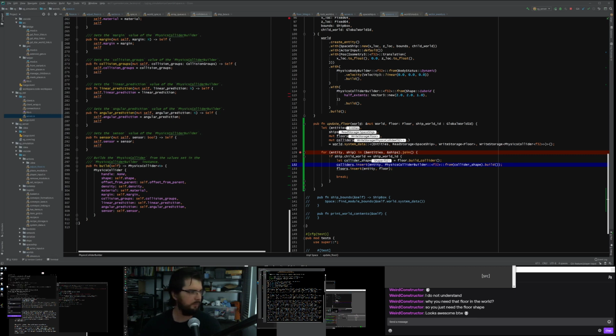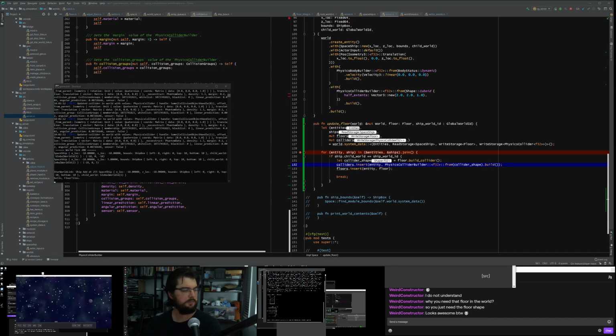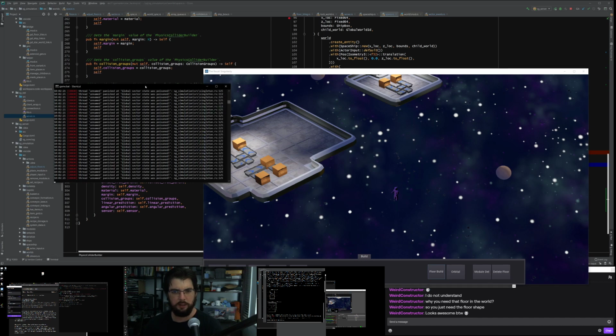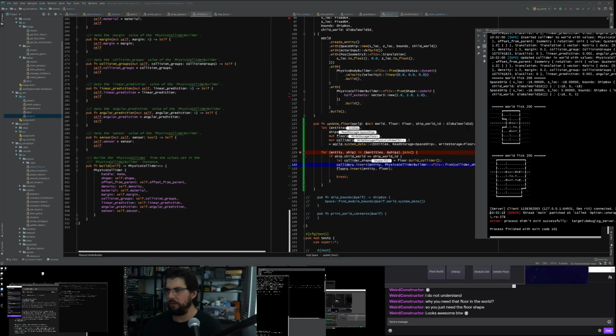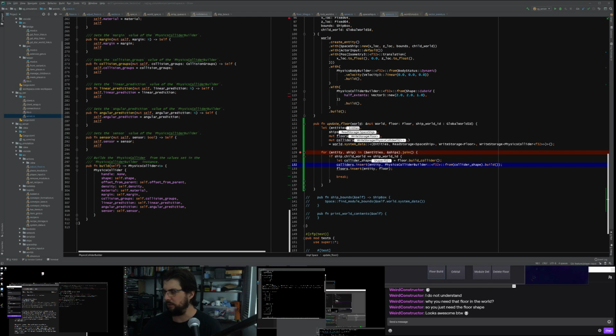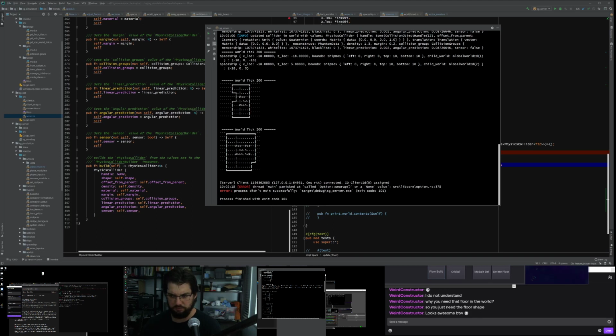Just starting the game up. Okay, build some floor. Oh wow, it panicked. So we tried to call unwrap on a none value. When I dragged it across to show you, this window just jumped in size. This is like a bug in CLion. So I wonder who called unwrap on a none value.